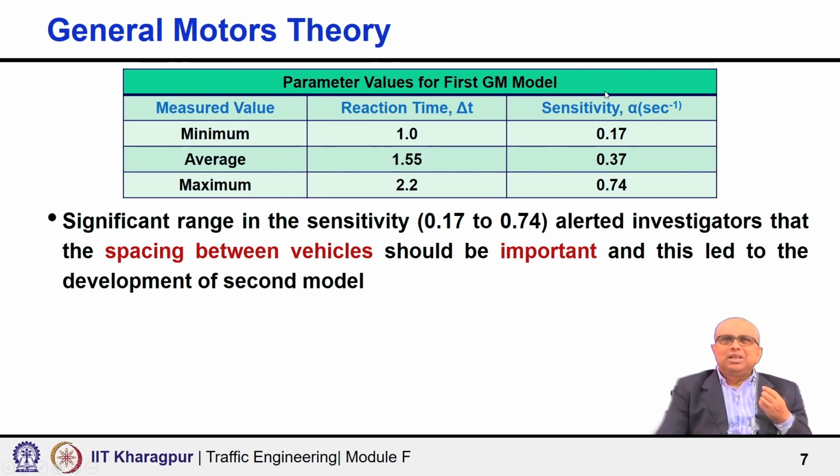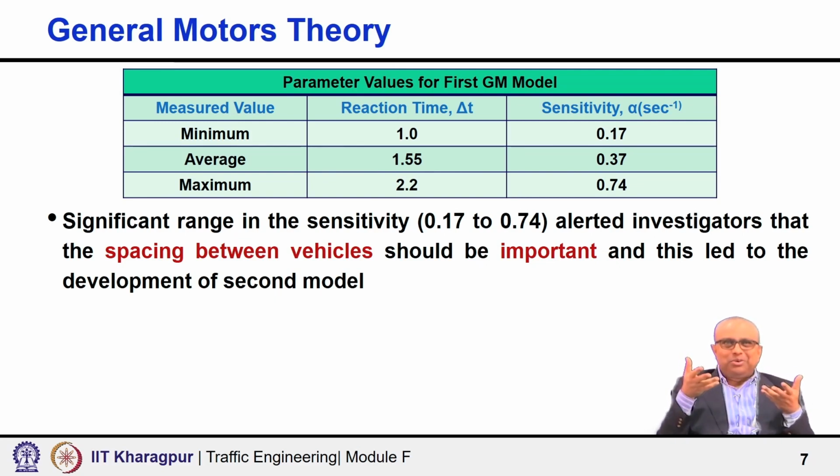1.55. Similarly, the sensitivity average is 0.37, but minimum is 0.17, maximum is 0.74. What does it indicate? The variation or the range is quite big, 0.17 to 0.74. It is quite a wide range. So, they started thinking about why this range is so high,